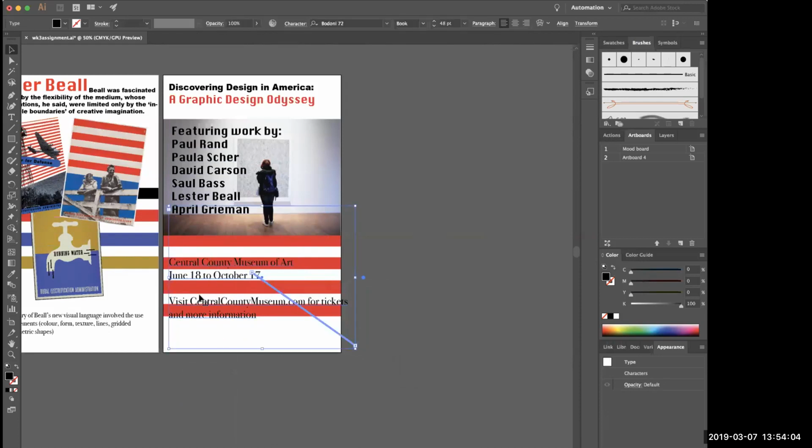So let's do that text there. And then I think I want to bring this text down. I'm going to put it on its own item. And let's make this one smaller. And maybe in that